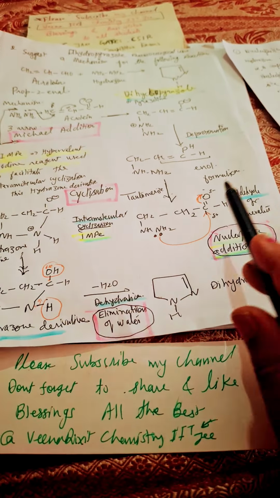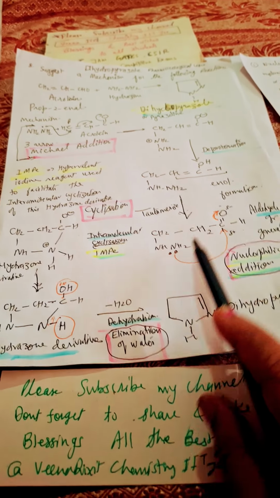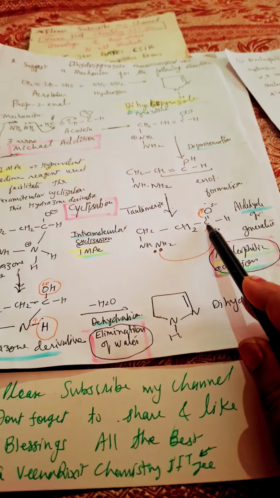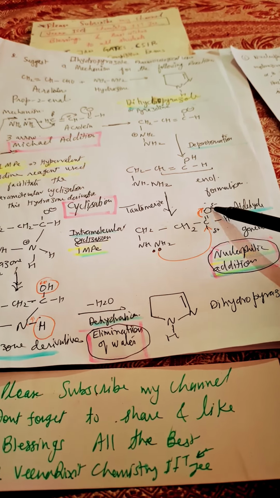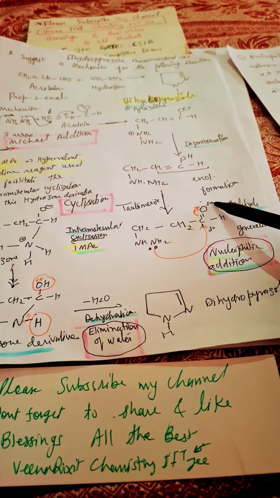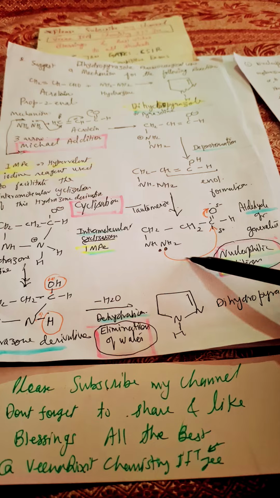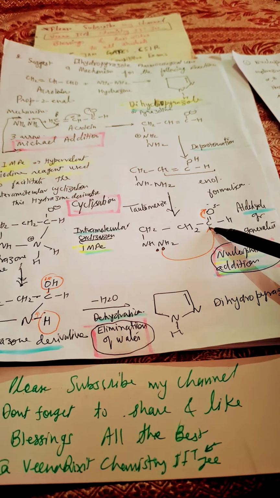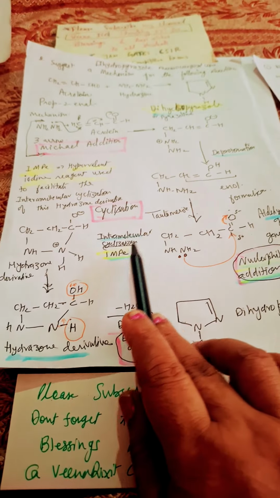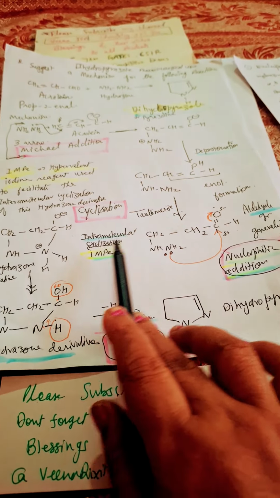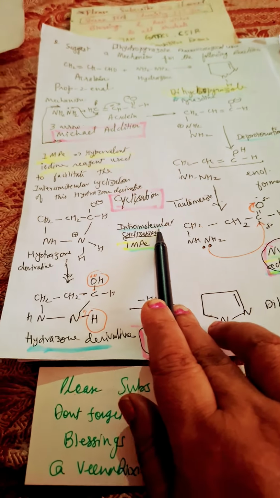Okay, now this aldehyde undergoes nucleophilic addition. The lone pair of electrons of NH2 will be provided to this electrophilic carbon, because this oxygen is electronegative in nature, attracting electrons towards itself, so it has a negative charge, and this carbon will become delta positive. So when NH2 attacks this, a lone pair of electrons is provided to this. Now cyclization will occur, so this is called intramolecular cyclization. So basically nucleophilic addition occurs, then intramolecular cyclization occurs.